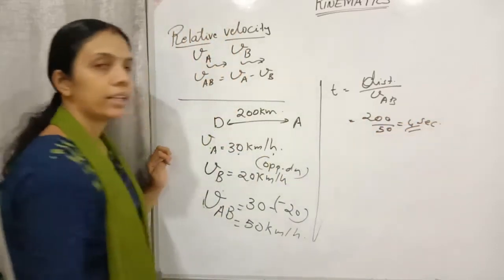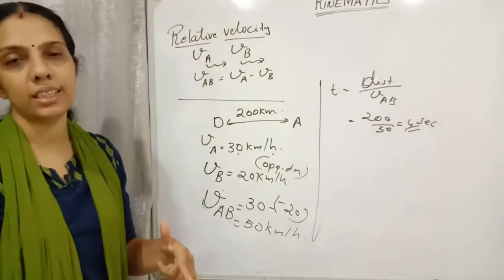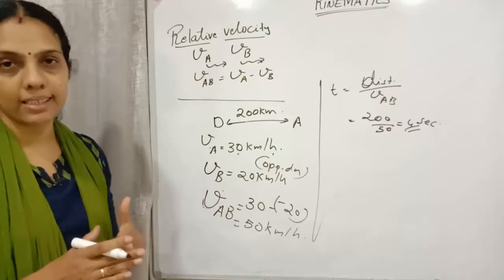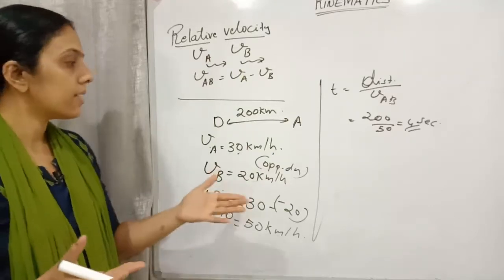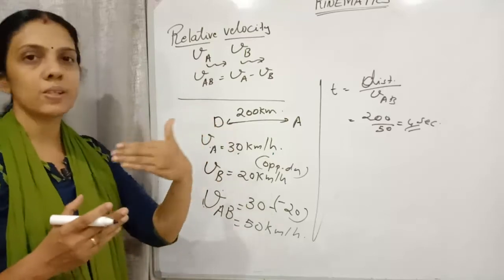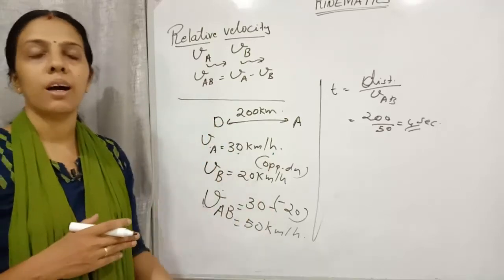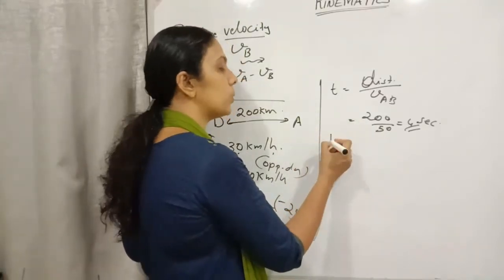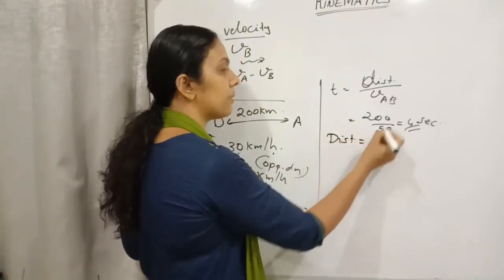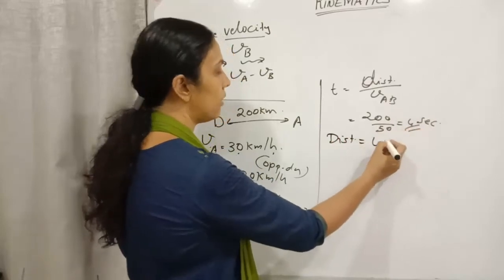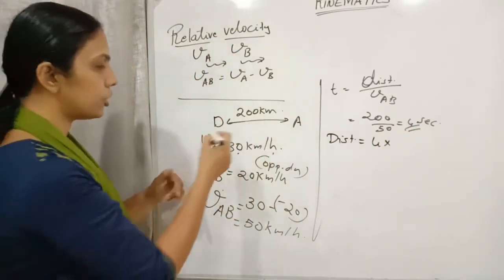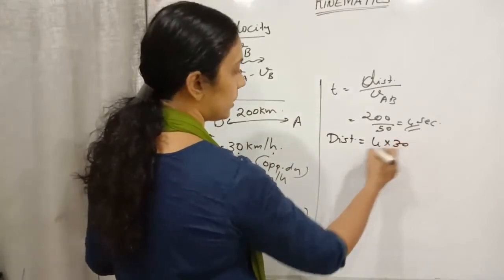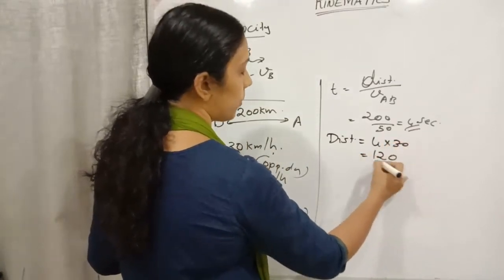Now we need to find out where they will be meeting. At what distance while they are meeting, what will be the distance. When they are asking, we need to find out whether the distance from Ambala or distance from Delhi. So here in the question it was distance from Ambala. So the distance will be, time is given. What is the time? 4 seconds. In 4 seconds from Ambala, how much distance it would have covered? From Ambala it is 30, that is distance is equal to 120.